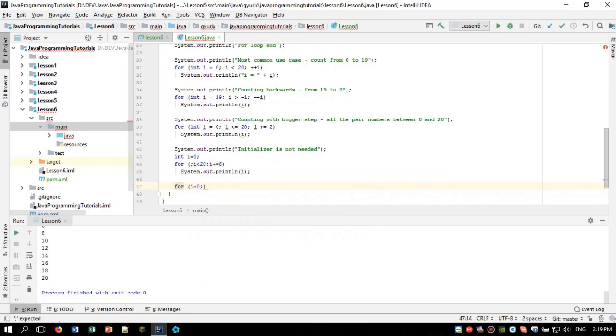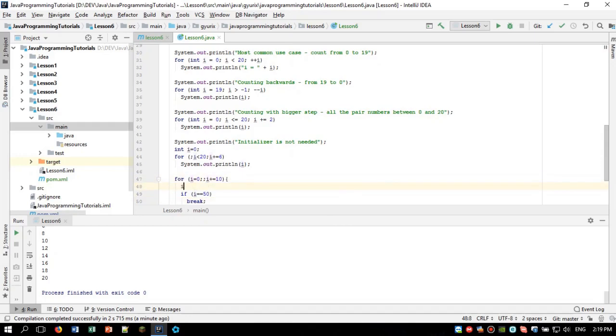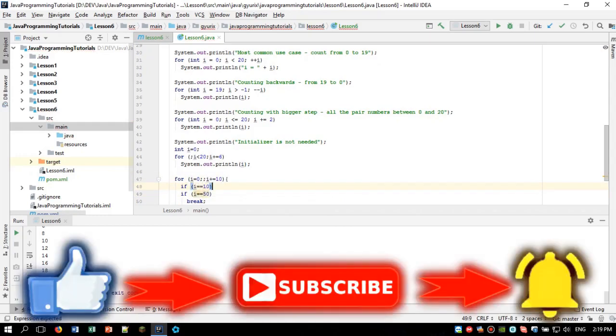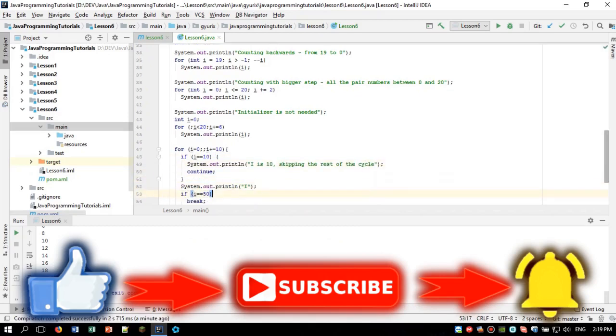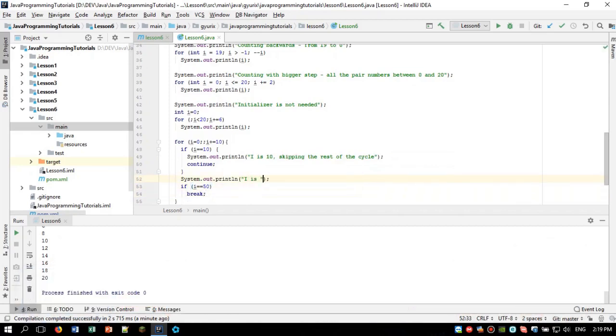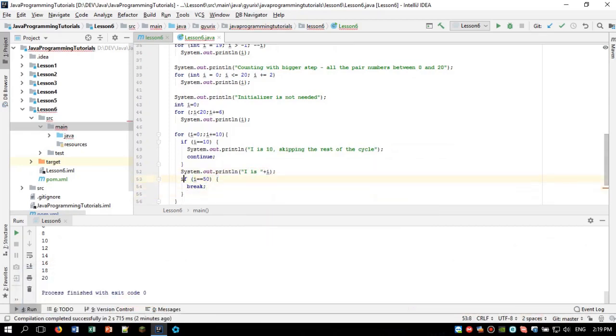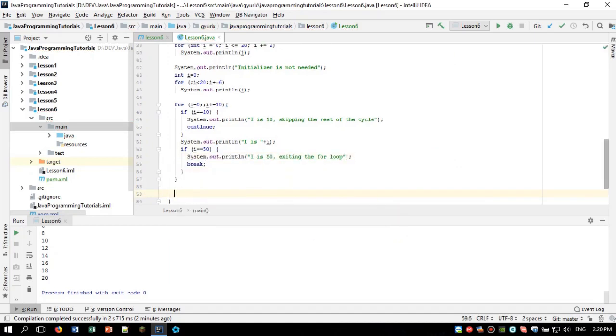We can just use i equals 1. And we will skip the condition part, and I will just add some post operation there: i += 10. Now we will check if i is 50, for example. Then we can break. Break means getting out of the for cycle, and we are going to use continue too. Continue means going back to the beginning of the for cycle, skipping the rest of it. So if i is 10, then we are just going to skip the rest of the for cycle. We are going to print i, and if i is 50, then we are going to print that i is 50, so exiting the for loop.